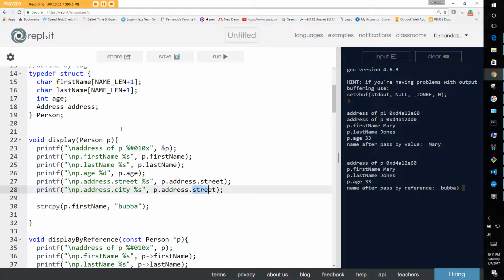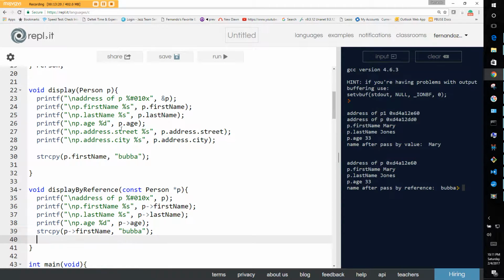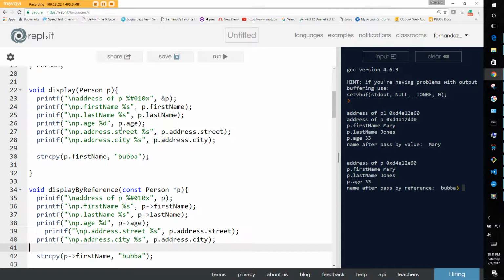And you get the idea. I won't go much further than that. And we could do the same thing here with the pointer notation. Now it's interesting because the pointer notation is going to be a little bit different, because here we have street.address,